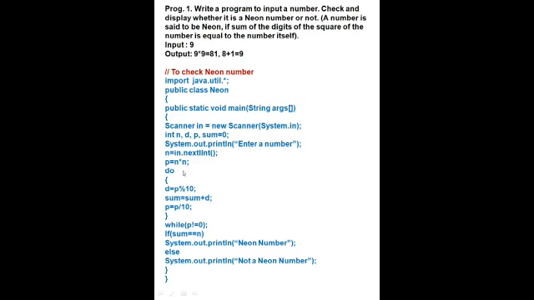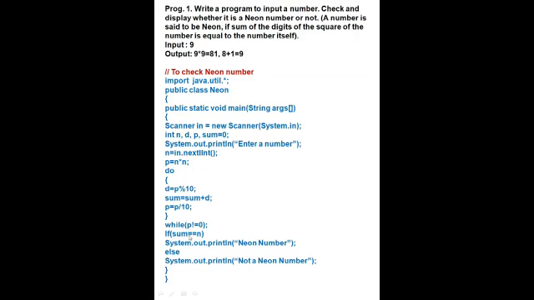Then, as in each and every program, we are using the do while loop. First do, then curly bracket start. Now d is equal to p modulus 10, where p is the number which we find after the square of the number. Then sum plus d, then p is equal to p divided by 10. Now curly bracket close, do while. This is the condition. While p is not equal to 0, means the square of the number is not equal to 0.